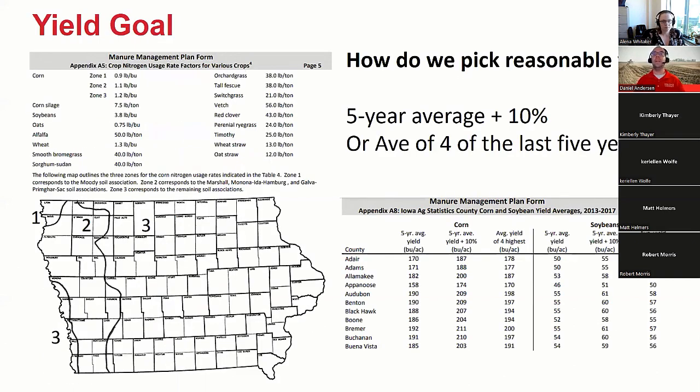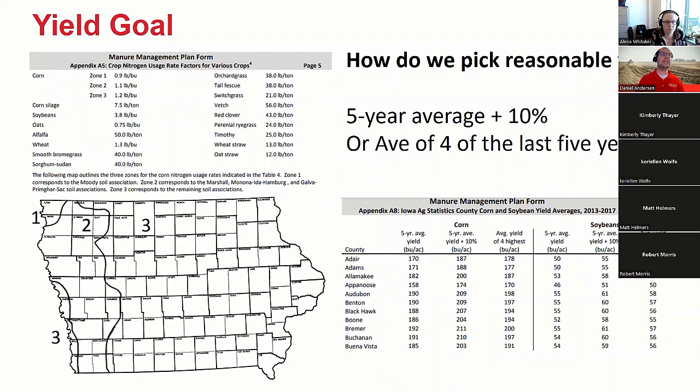With the yield goal method, it really is how much crop do I think I'm going to make? So you have to pick a reasonable yield. This has been defined for us as the average of the last 5 years plus 10%, or the average for the last 5 years, right? And that's a realistic yield. And I think that's reasonably true. Corn yields tend to go up, so the 10% is helping to account for how the yield per acre goes up roughly 1.8 bushels per year in Iowa. And if you utilize the average of the last 5 years, these two numbers are generally about the same, actually.